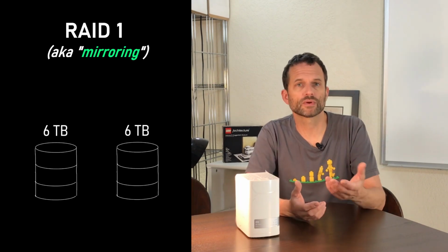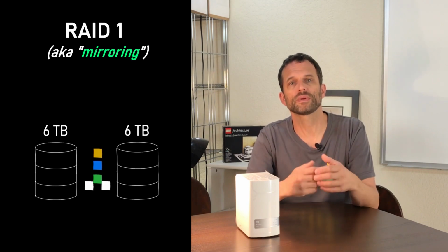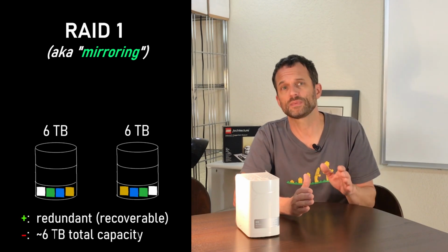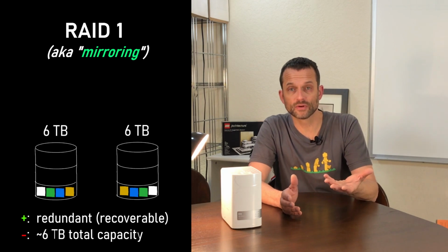Mirroring, or level 1 RAID on the other hand, does something completely different. It creates redundancy by copying the data to multiple drives simultaneously, which effectively cuts the capacity in half and doesn't give you any speed advantages. Now, this sounds safer than RAID 0, and it is, but let me make sure you hear one message loud